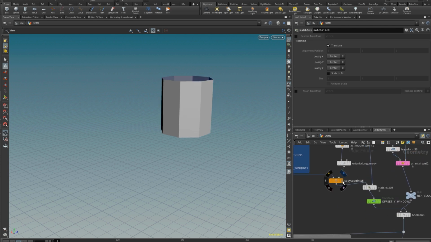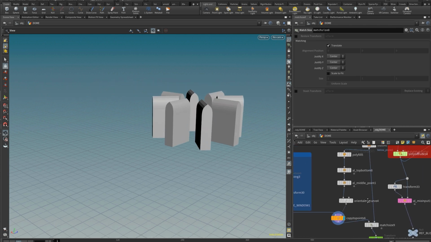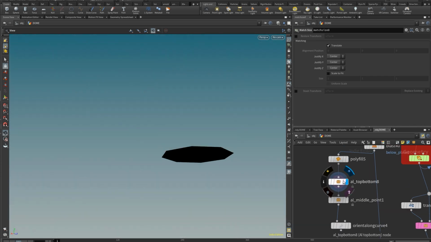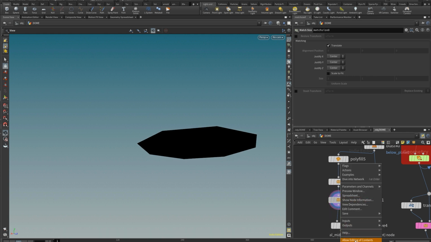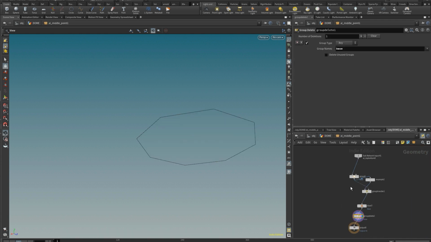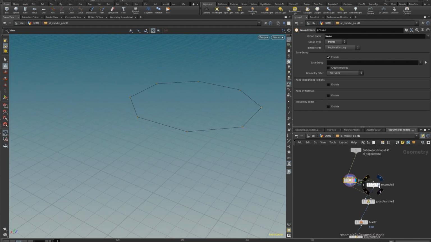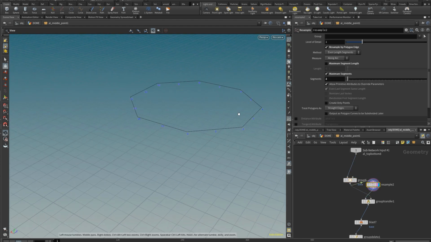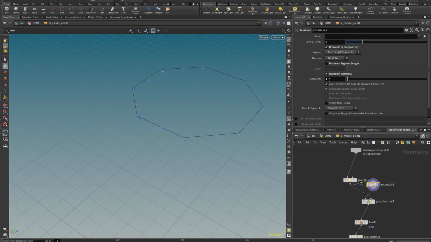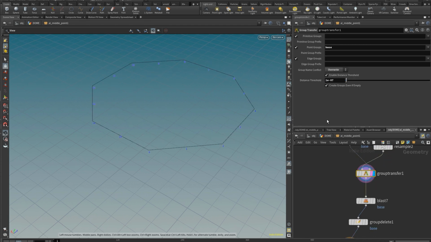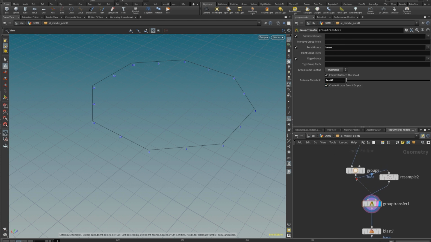We are starting from this shape and we need to end up with that. So what we are doing here is closing the geometry with polyfill, then extracting the bottom face and using this group node to actually extract the middle point of each segment. So how it works is actually very simple. Basically creating a group at this level, doing a resample to add a point in the middle with this feature right here. We could add 3, 4, whatever, but in that case, I just need 2 segments to define the middle, and then retransferring the base group.